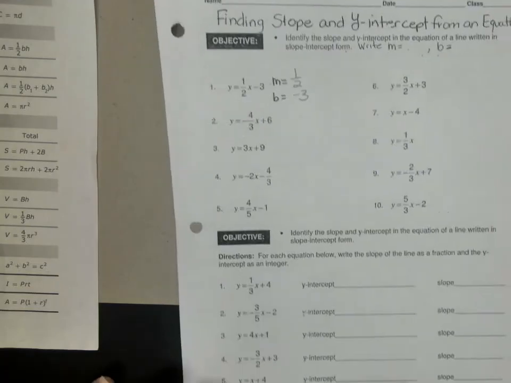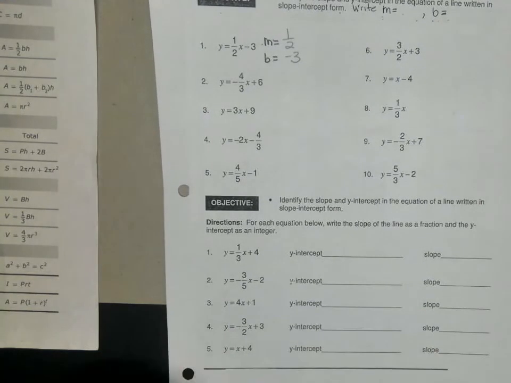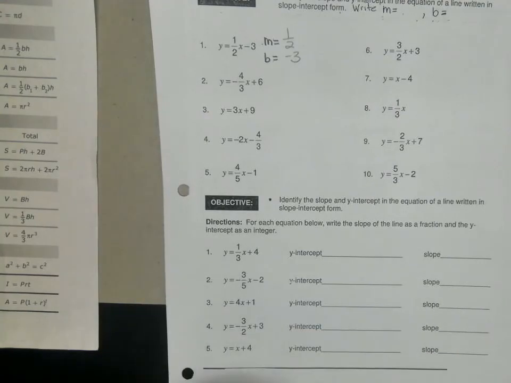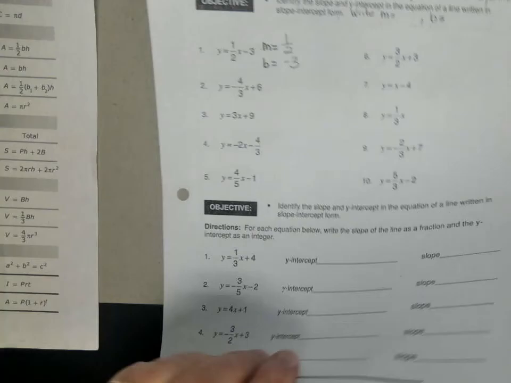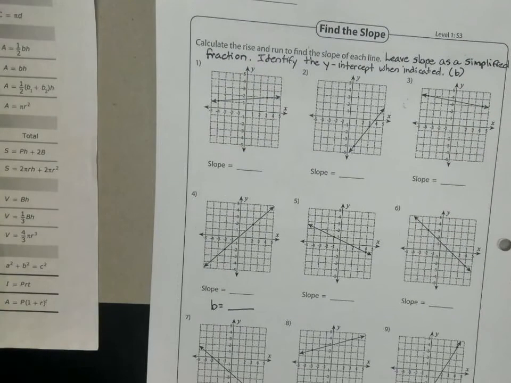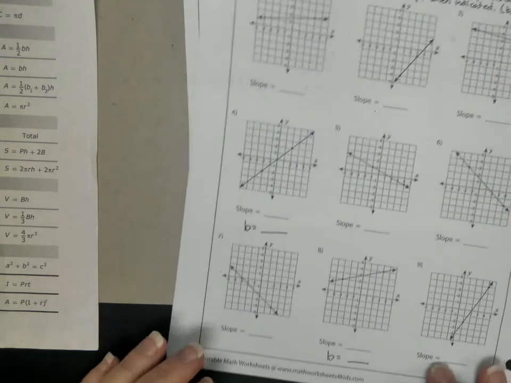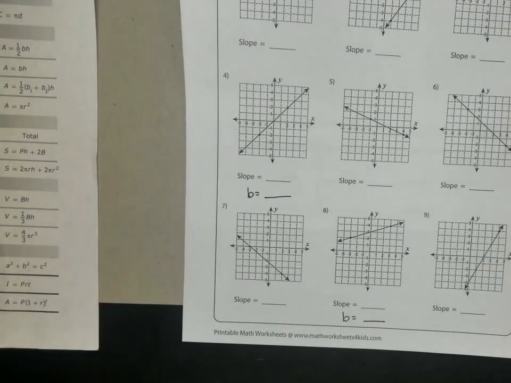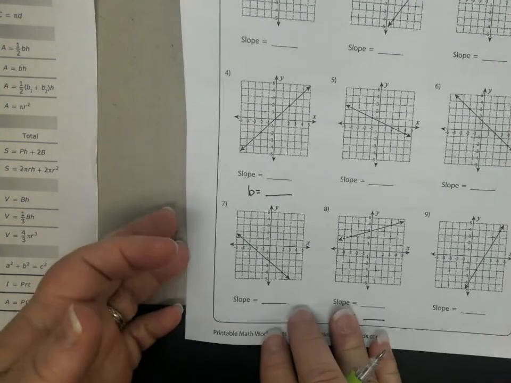Be careful down here because they flip-flop and ask you for y-intercept first and then slope over here. It's a place where a lot of students make mistakes. On the back, it's just more practice at finding slope from a graph, and I think you've only got 2 where you're going to find the y-intercept. So make sure to take care of that. Make sure you turn this in for a